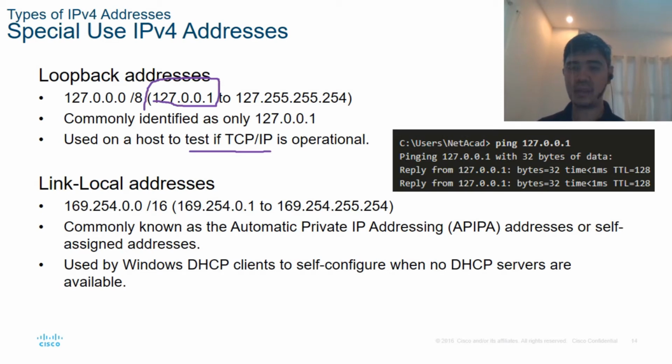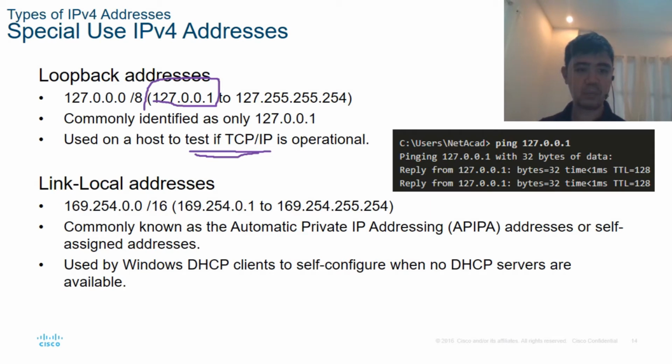This is the IP address used, for example, with the PHP SQL form to connect to the database. It uses the TCP/IP component and the IP address of the local host. The database is 127.0.0.1. To test if TCP/IP is properly installed, they usually ping this 127.0.0.1. There are embedded systems that install a TCP/IP module. For them to know if the TCP/IP module is properly installed, they ping this